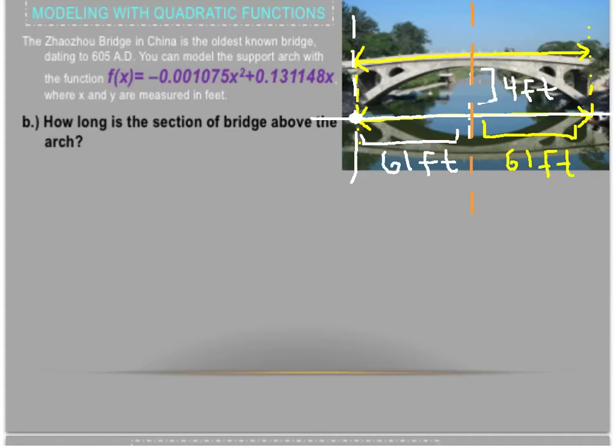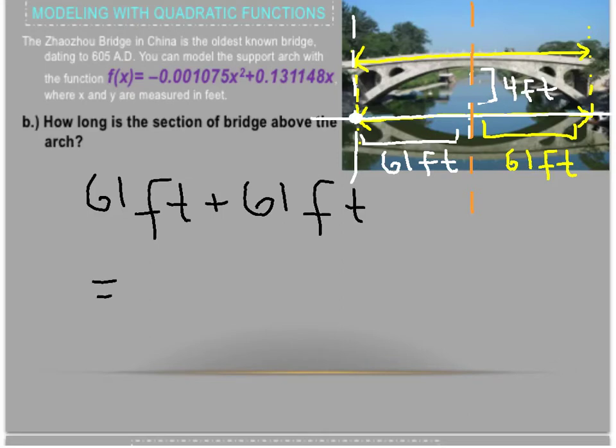Hope you're following. If not, maybe you need to pause and rewind and watch again, okay? So, what's the total distance going to be from the span of the arch on the bridge? Well, I need to add those two values together, right? 61 feet plus 61 feet. And we're going to get 122 feet. So if you walked from where the arch starts to where it ends on top of the bridge,